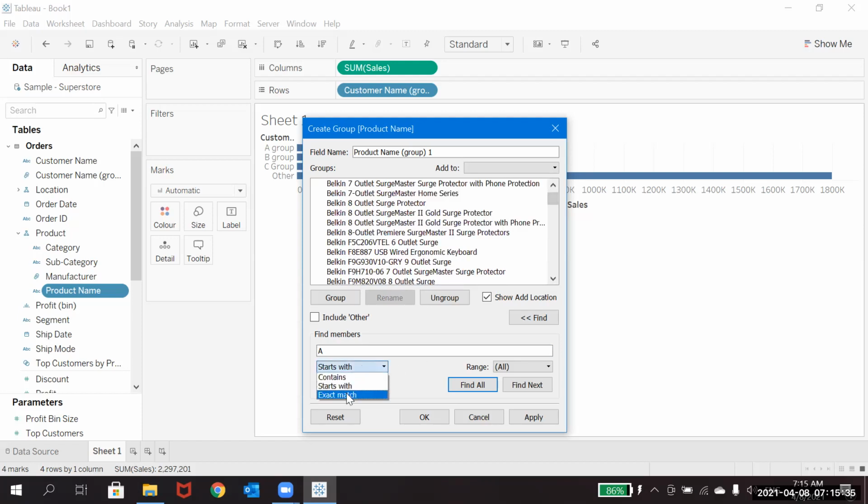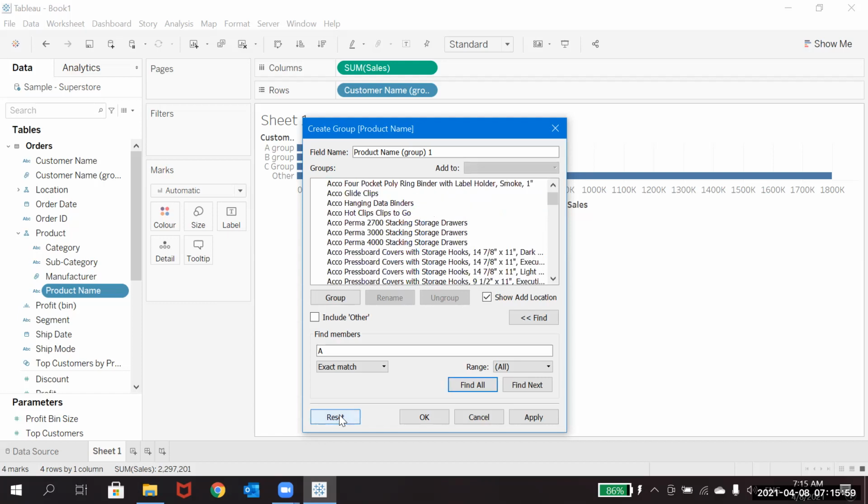Likewise, you can keep the Exact match also. If you have a specific name exactly, then you can give it. The specific name should always match exactly, even if there is a space, you should give the exact one and keep it here. Then it will match that value. Then you can just click on that and do that. Or else, if you don't want to do anything, you can just click on the Reset option.